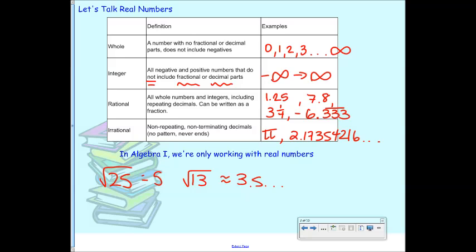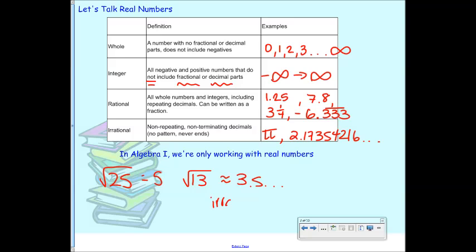Okay, so the square root of 16, is it still bigger or smaller than that? 13 is bigger or smaller than 16? Smaller, so it should be smaller than 4. All right, we're going to do a whole lesson on this later this unit, so don't worry about that too much right now. But this one is irrational